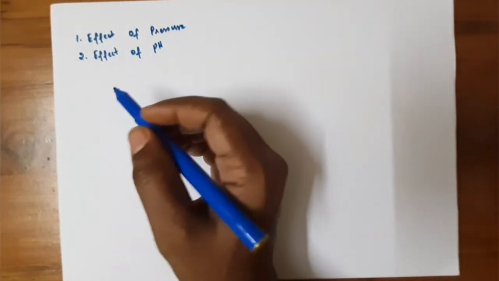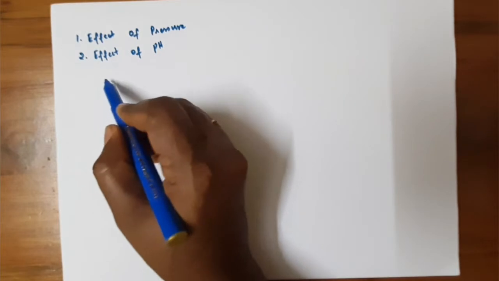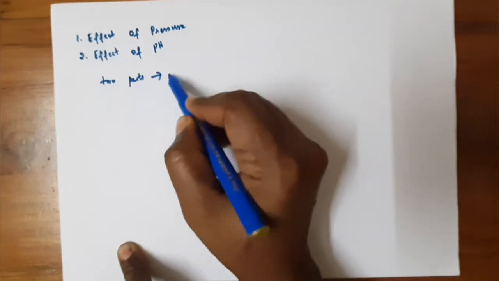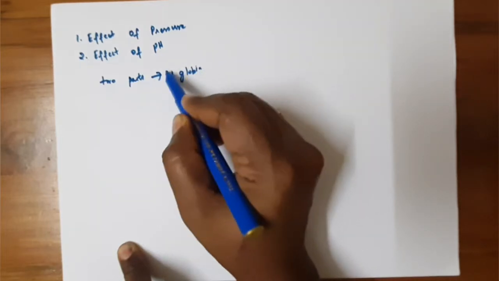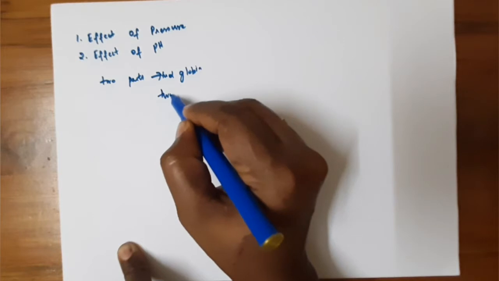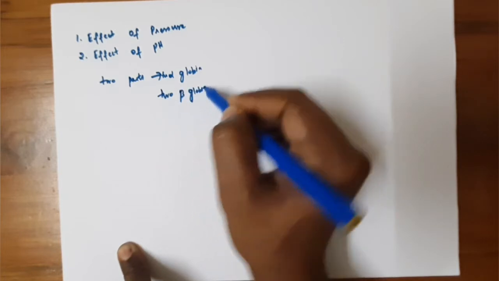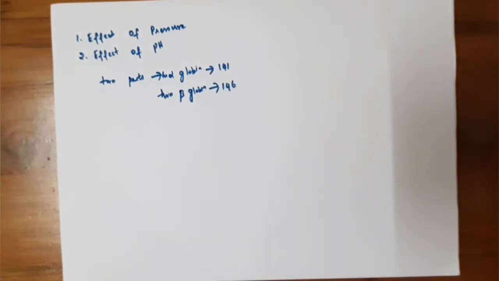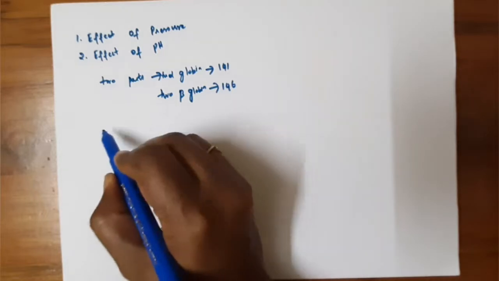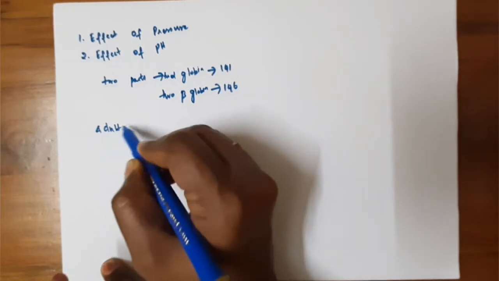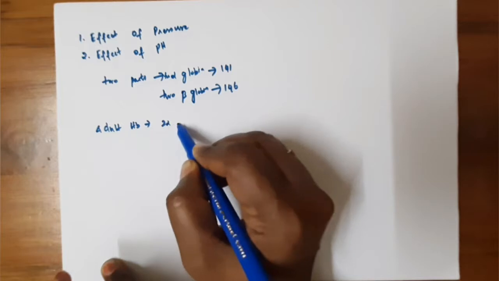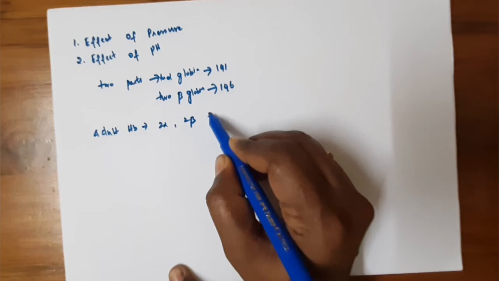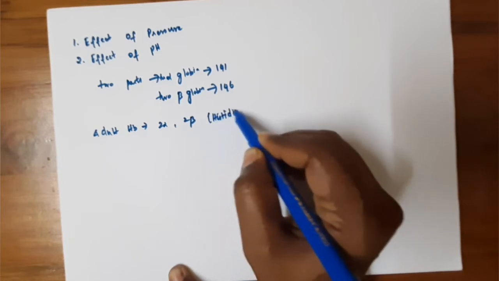The globin in the hemoglobin consists of two types, 2 alpha globin and 2 beta globin. The alpha globin is made up of 141 amino acids and the beta globin is made up of 146 amino acids. So this is the adult hemoglobin. Adult hemoglobin contains 2 alpha and 2 beta globin parts, which mainly have histidine residues.